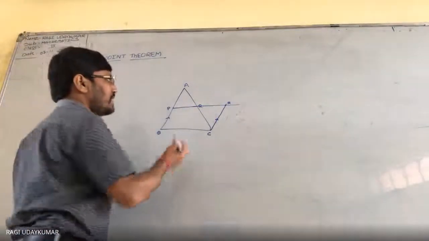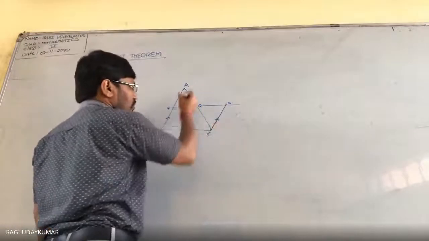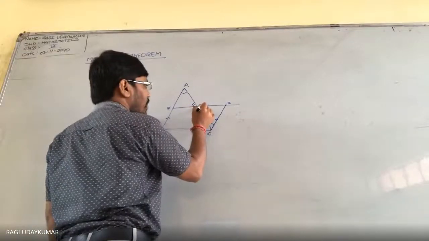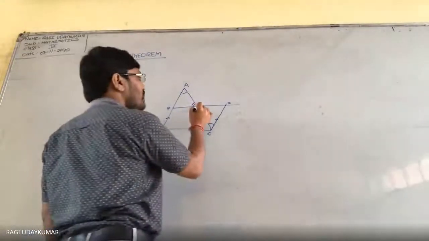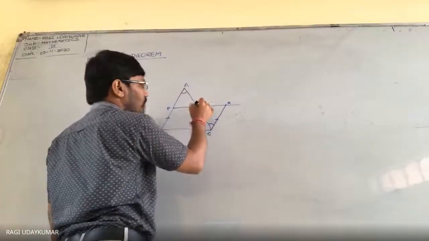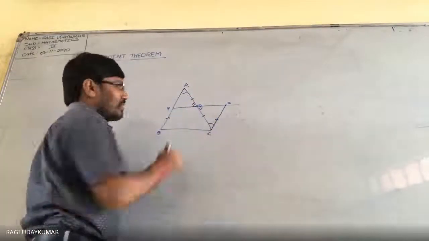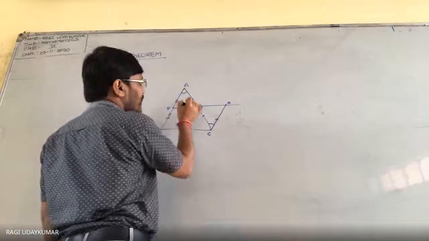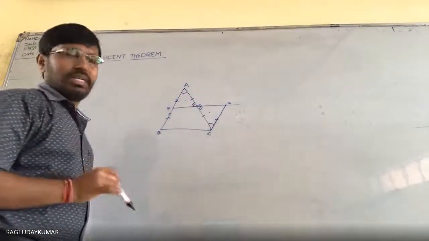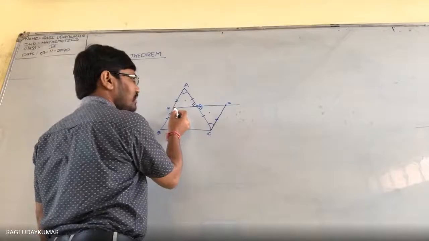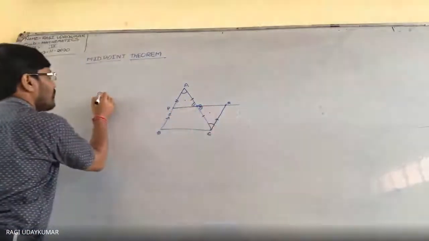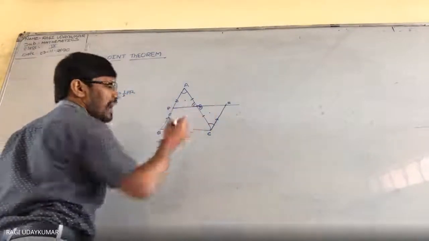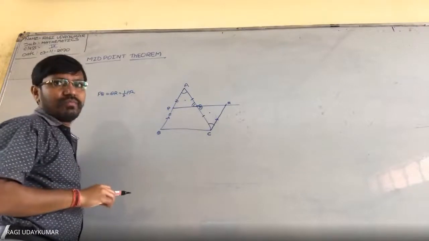So now here if you see that this is parallel to this one, so these two are alternate angles, and this angle is a vertically opposite angle, and Q is the midpoint of AC. So AQ equal to QC. This length is equal to this length. It is given this length is equal to this length. So therefore these two triangles will be congruent. If these two triangles are congruent, you can say that PQ is equal to QR, which is half of the PR. Total length में half होगा. Okay?